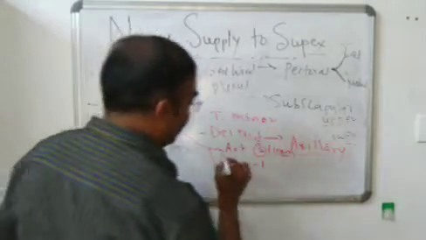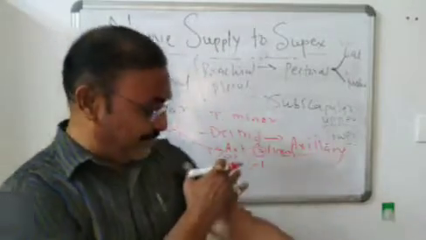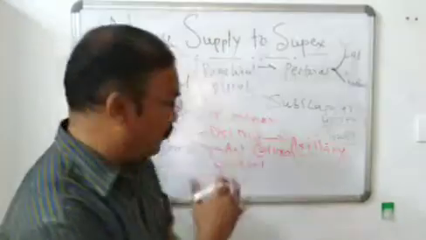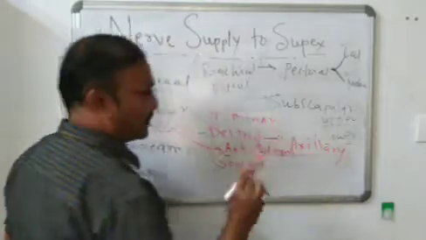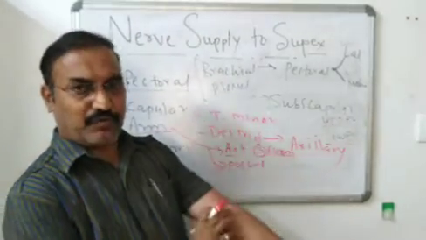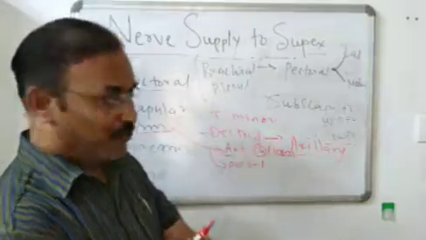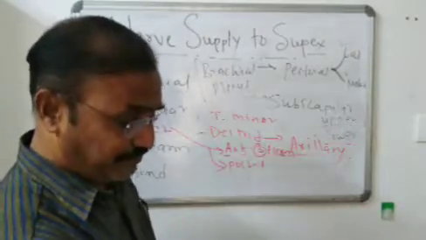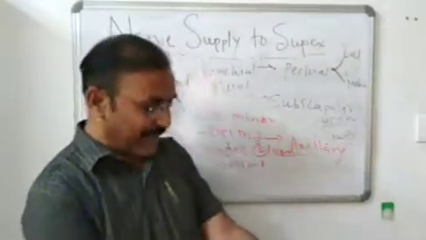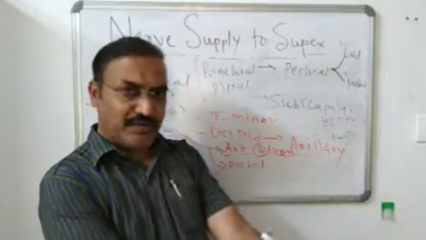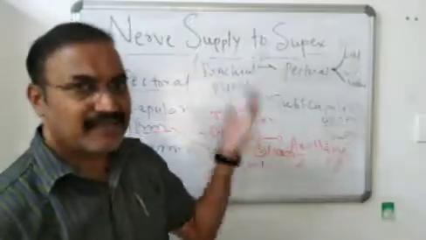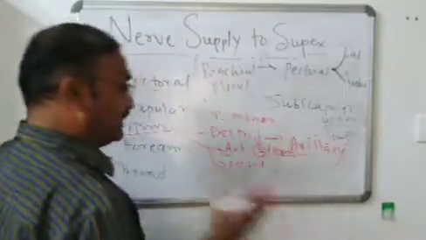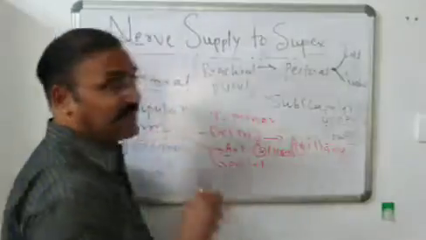That's why the anterior compartment of the arm region is also called the flexor compartment, because all the muscles present there act on the shoulder and elbow joint, and the action is flexion. So the anterior compartment of the arm as well as the forearm is the flexor compartment, and the posterior compartment of the arm as well as the forearm is the extensor compartment. The action of all the muscles in this compartment is extension.